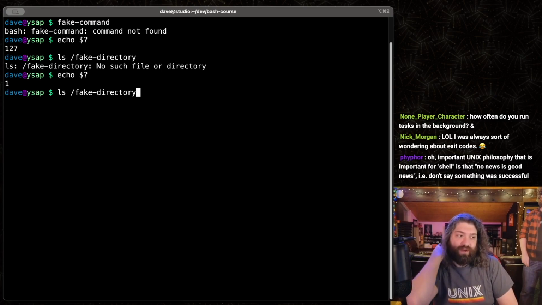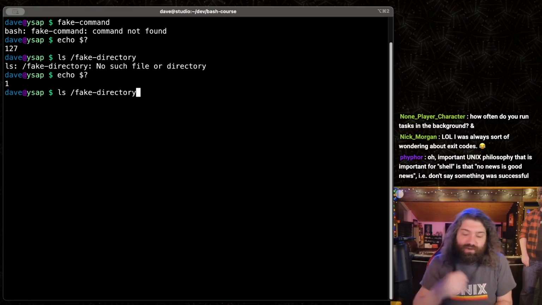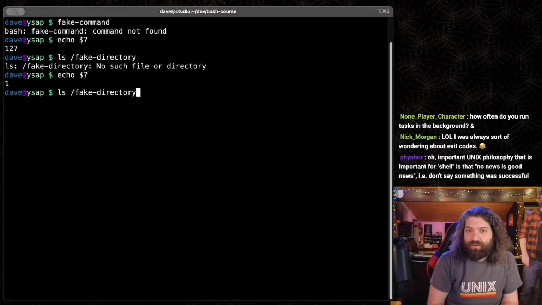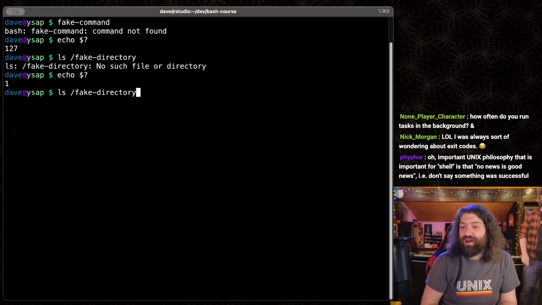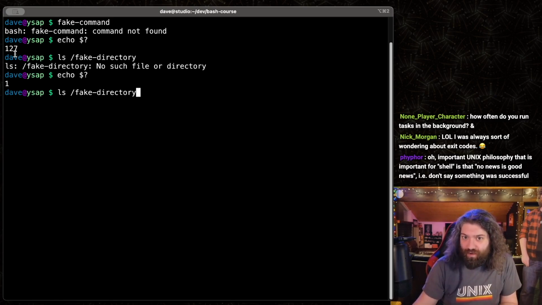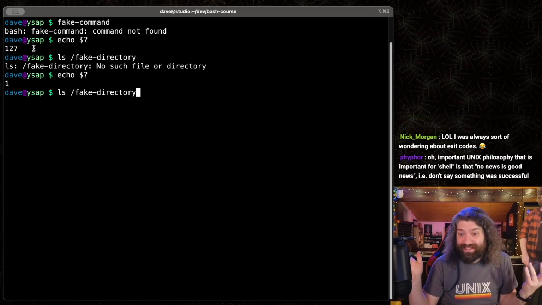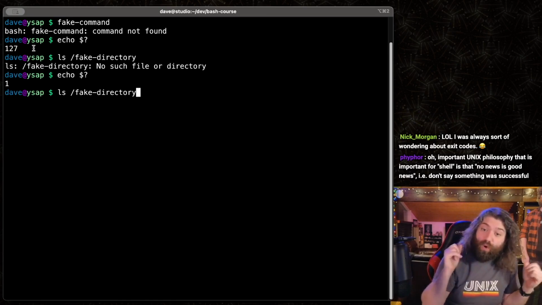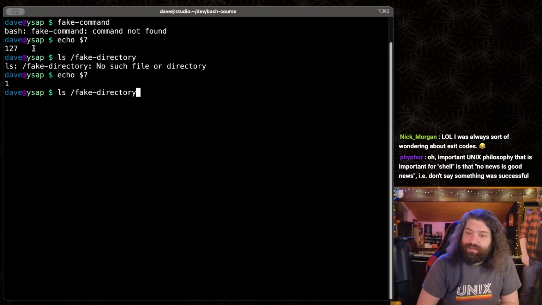So if the process got, like, a SIGSEGV and it didn't handle that, like it tried to access memory it doesn't own or something like that, your shell will tell you that it has an exit code, but it's not an exit code, that's a return code. Your shell gave you that code. In fact, if I were to write a program that just returned 127, from bash's point of view, you wouldn't be able to tell if my program exists and returns 127 or that program doesn't exist. So that's something important to keep in mind.